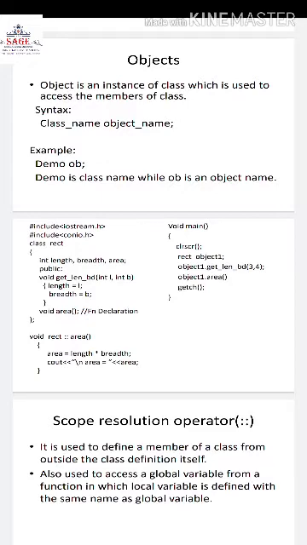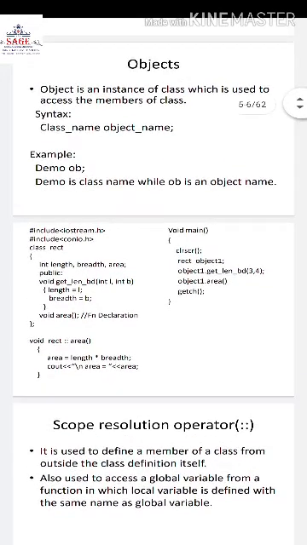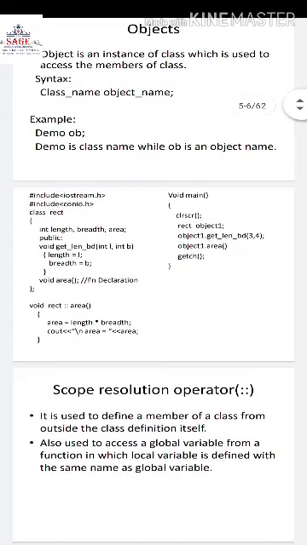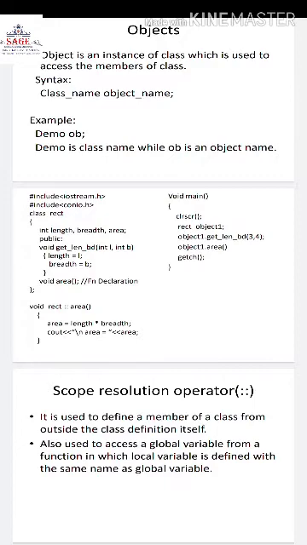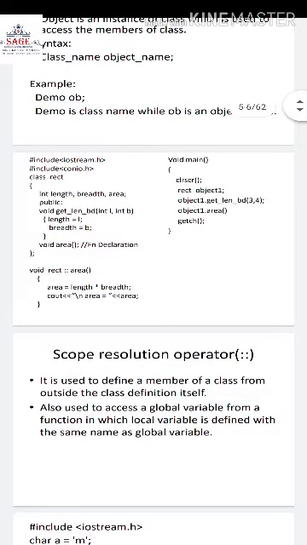Now let us see the area. Area function is defined outside the class, but it had to be declared inside the class because it is a part of the class. So defining outside the class has got the syntax. First of all, we have to write the return type, that is void. Then we have to mention the class name, that is rect, R-E-C-T. Then scope resolution operator, and then the function name and the arguments. So outside the class, we can see here that this syntax we have followed for defining the function area.